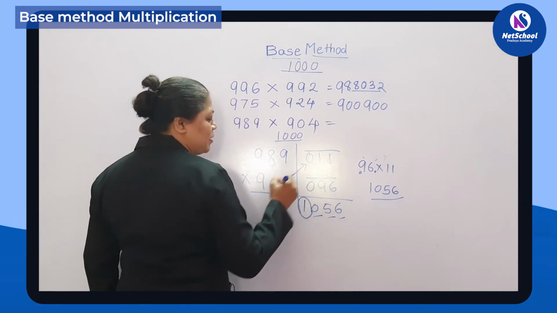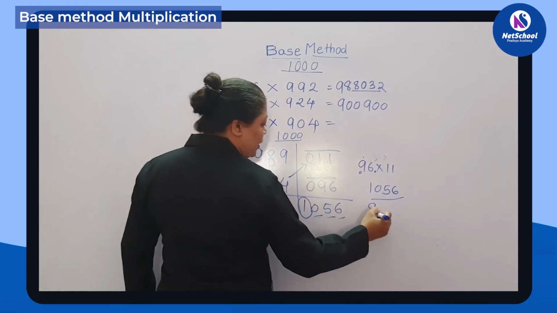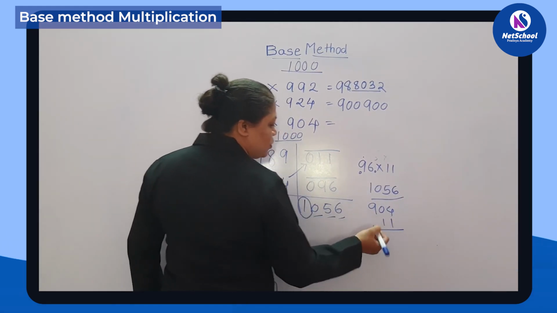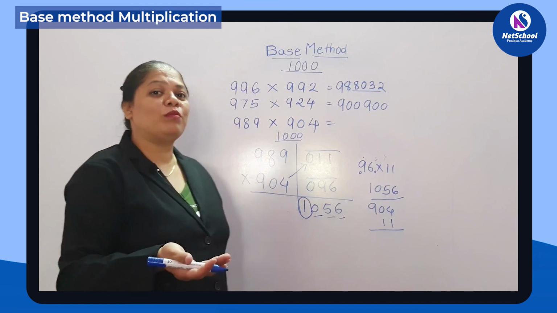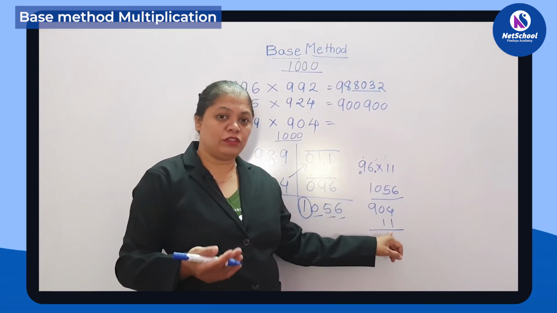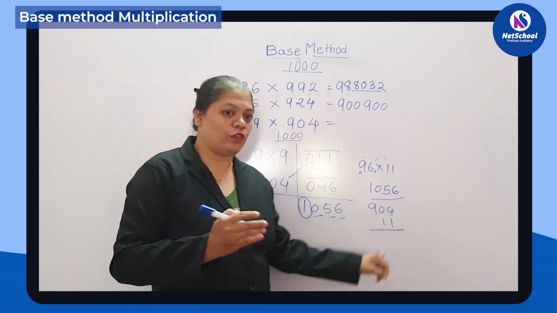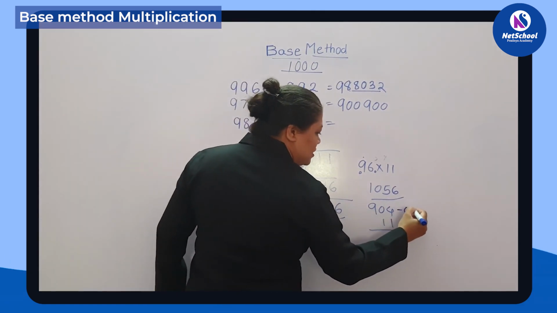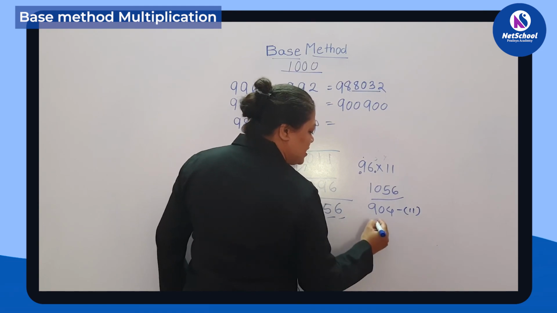Let us subtract this number from 904. You can apply Nikhilam to subtract it. Or there is one more simple method. Here it is 904 minus 11. So first of all subtract only 4. It is minus 11, can be written as 9